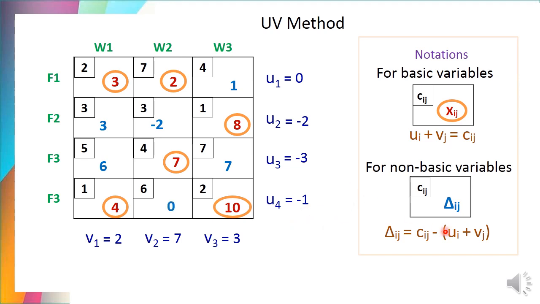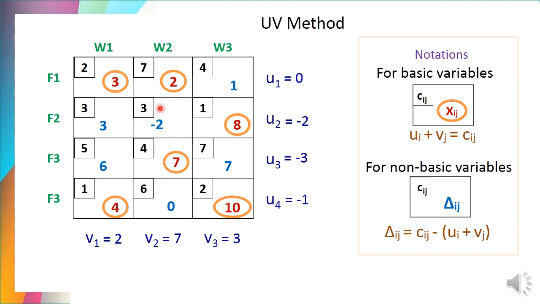So we computed all the values of delta Ij. Now find out the one with the largest negative value. Here only one negative value exists. So it itself is the largest negative value. It is nothing but minus 2. So allocate the cell 2, 2. This cell is 2, 2.